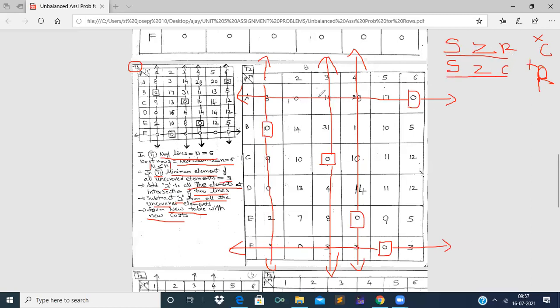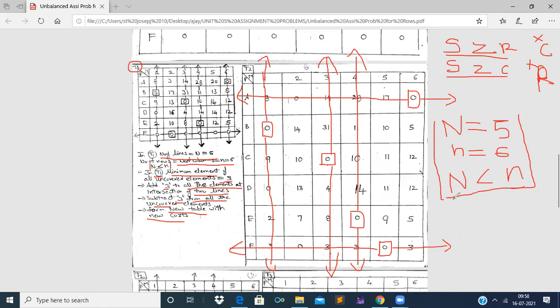Now we have to count the number of lines. Number of lines capital N is equal to, now let us count 1, 2, 3, 4, 5. The number of lines are 5 and count the number of rows or columns. The number of rows or columns small n is equal to 6, right? And here capital N is lesser than small n. Therefore, still the optimum assignments are not obtained.